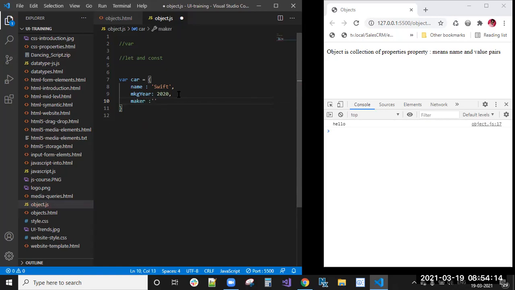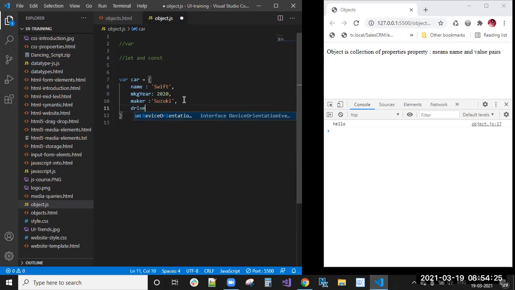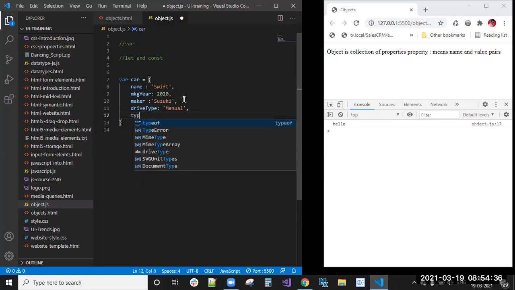That is Suzuki. And one more type, or otherwise drive type. Drive type is manual or automatic, so we can say manual. And tires count, door count, like that. A color we have, right? Major color, some red color.